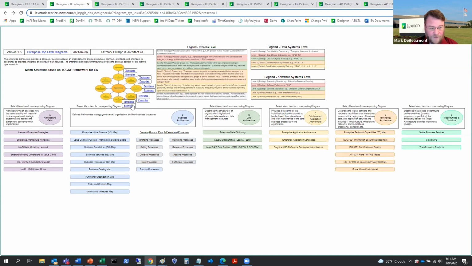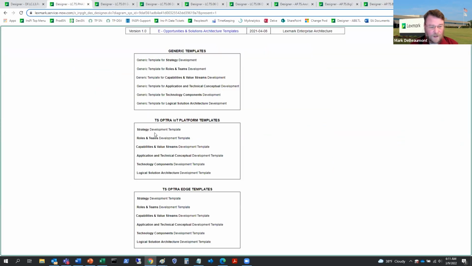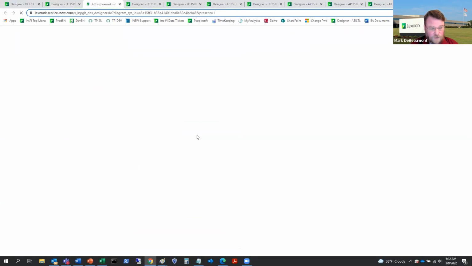our process in the architecture framework. And so when we talk about solutions and opportunities, there are templates that we can leverage that actually come together. And I'm going to show you the ones that we built for the Opera solution. And the first one, as we mentioned, are basically the